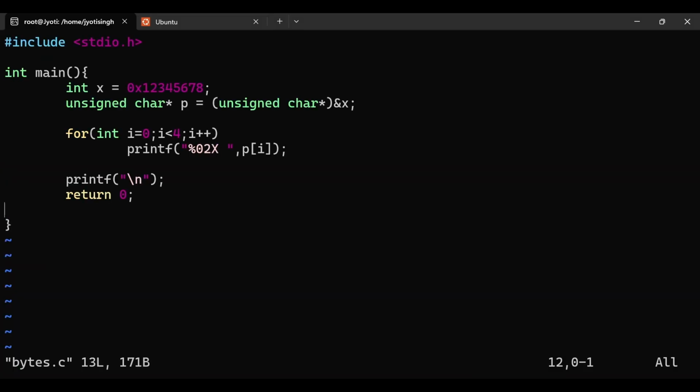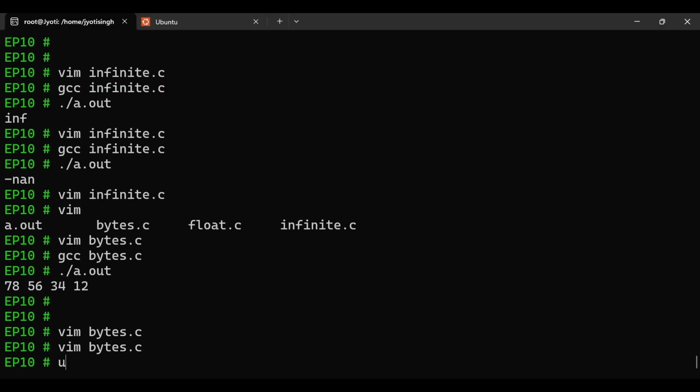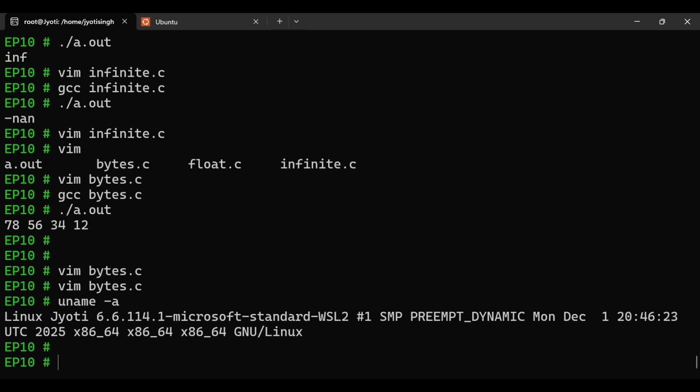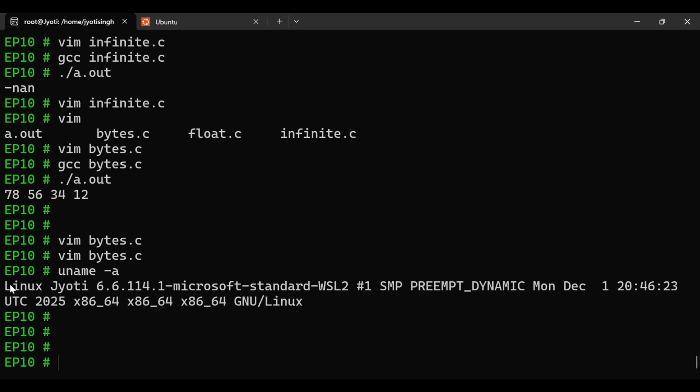Why? What is the least significant byte? That is 7 8. So only the byte order got changed, the bit representation is not changing. We are getting 7 8 first, and our system is little endian. Although the value has been written as 1 2 3 4 5 6 7 8, ideally we would expect the value as it is, but we are getting it in a different format because of what our system is using underneath, that is x86 architecture. Let me show you what architecture our system is. uname -a. See, Linux operating system.